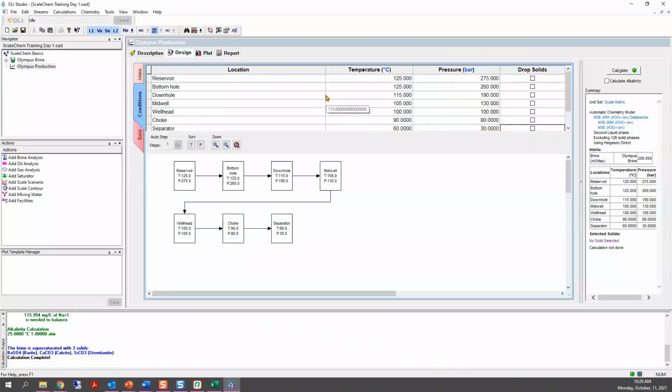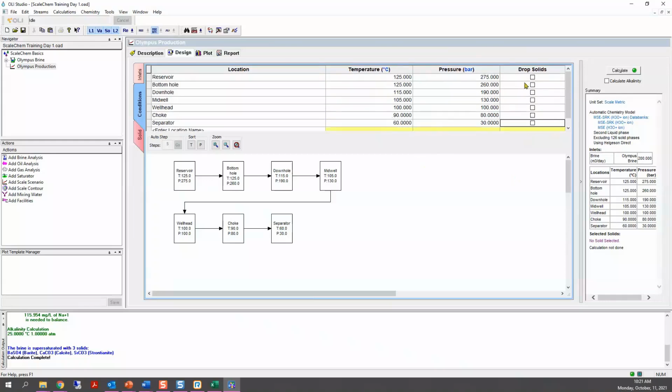And drilling here, we cannot account for the kinetics. The software is only allowing you to understand the thermodynamic point of view, but not the kinetics. But you have that option in case you definitely know that you're dropping some type of solids. And I've done this only when I know that halite is being formed at certain locations in the production line.